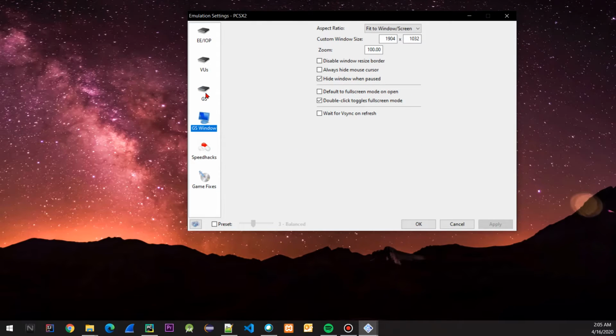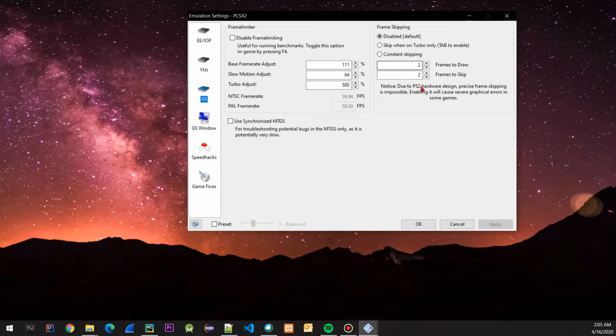The most important configuration would be here, the frame skipping. If you have a low performing GPU, then you can use this particular configuration. If you don't have a dedicated GPU, you can also use this, but this would skip some of the frames. This is the default value, and I have also disabled the frame skipping, so this would not skip any frames for me.